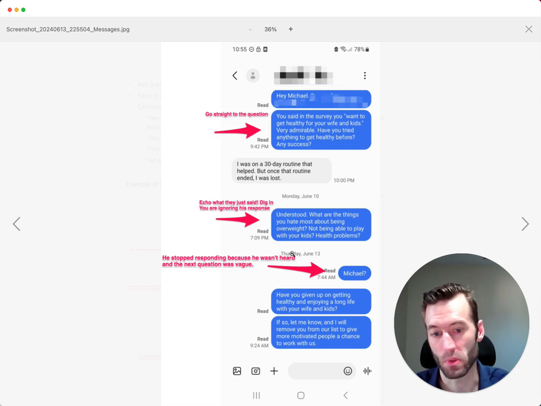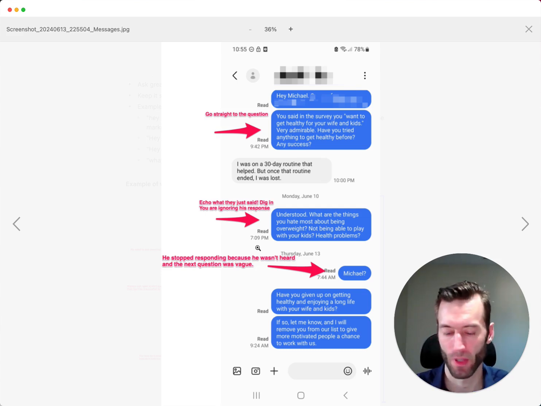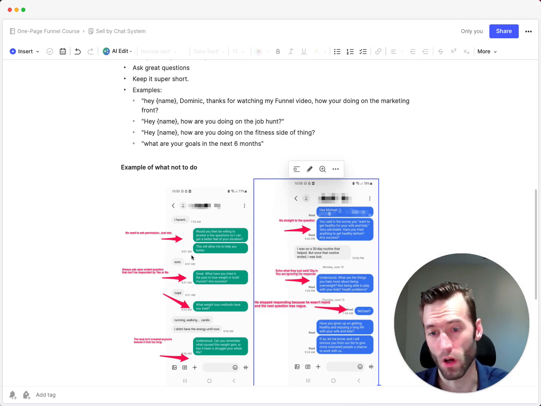And then the person didn't answer, of course, because he got uninterested, and he tried to follow up, Michael, and he never received a response back. So you're kind of losing the lead because you were not relevant and you were just not providing any value. So every sales conversation should be a mini coaching session. So you should be providing value to him. But in this case, you're just asking questions, not providing any value. You're not building your authority, so you're losing the lead. So those are two examples of what not to do.